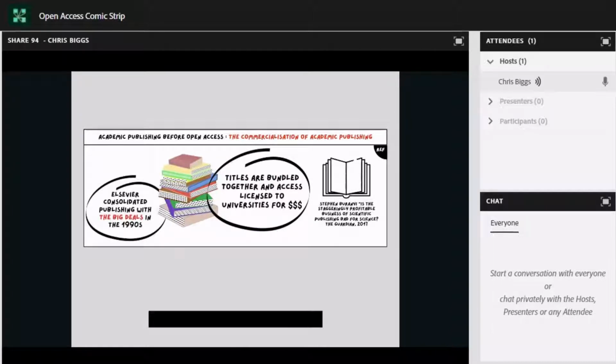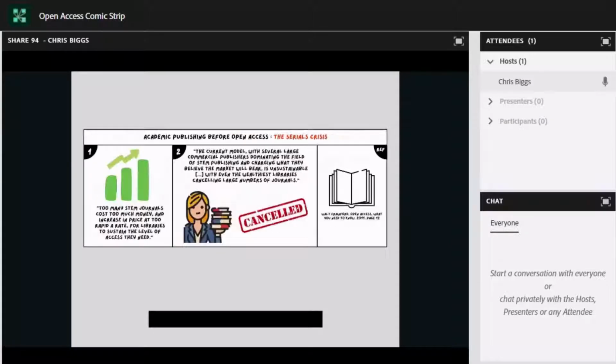This expansion was compounded in the 1990s when Elsevier and other big publishers like Wiley and Taylor and Francis established big deals. These big deals bundled the increasing numbers of journal titles into publisher portfolios and licensed them en masse to universities. On the face of it, this was a saving on price per title, but in effect, universities were now licensing titles they had no original intention to buy. The big deals led to the serials crisis.